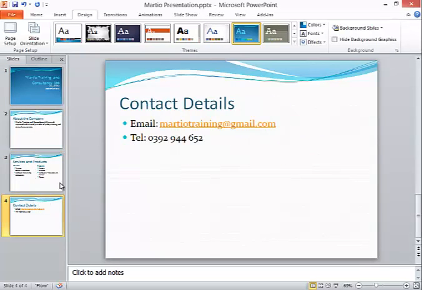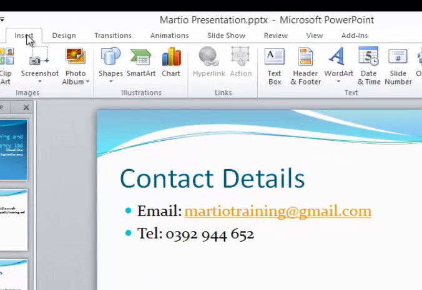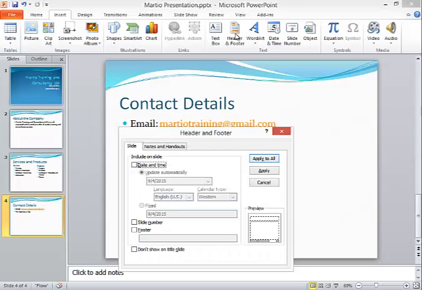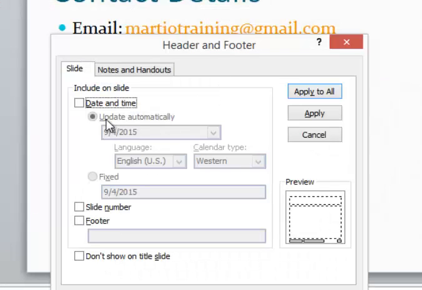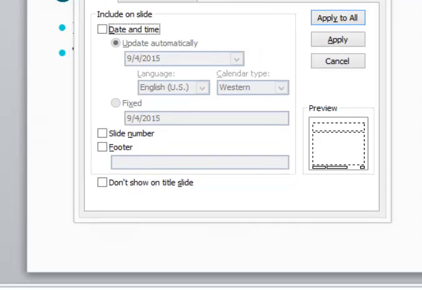Fine, you have applied the theme. There are also instances where you can be required to insert footers. So you'll have to go to Insert and pick the Header and Footer option. Here you can be required to put even a slide number, so you can choose that. If you want to insert a footer now,